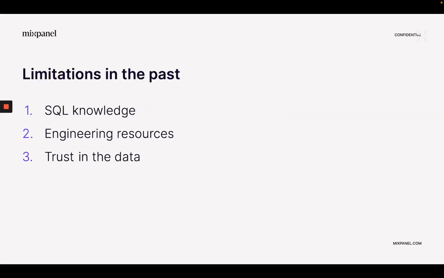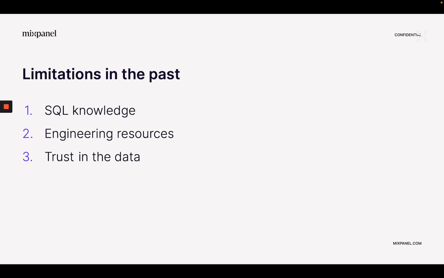Historically, it's hard for teams to get answers from their data for a few reasons. One, data is stored in a warehouse and requires deep SQL knowledge to answer questions, so only experts can handle the data. Two, teams try self-serve analytics tools like Mixpanel, but it requires engineering lift to get started. Or three, product data in self-serve tools may be hard to trust when it falls out of sync with source